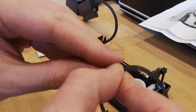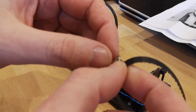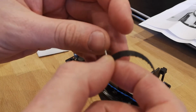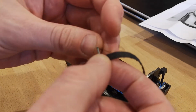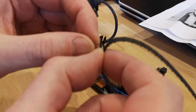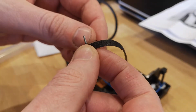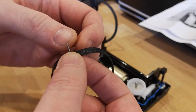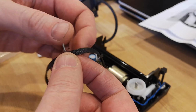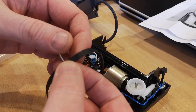You can see in this shot, this is where I'm using the thicker piece of solder. So I'm just trying to put the stylus on, and it's only just able to fit over the solder. So that's what worked best for me. It's saying find a piece of solder that just fits through the hole and just fits through the hole on the stylus as well. When you're putting the stylus on,